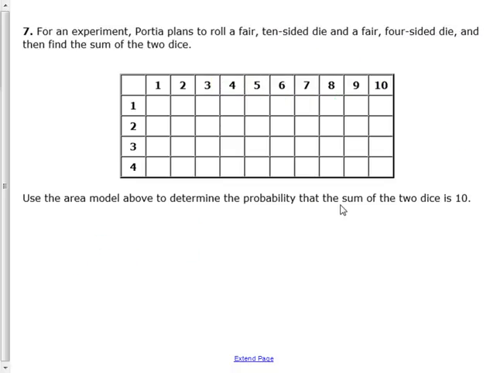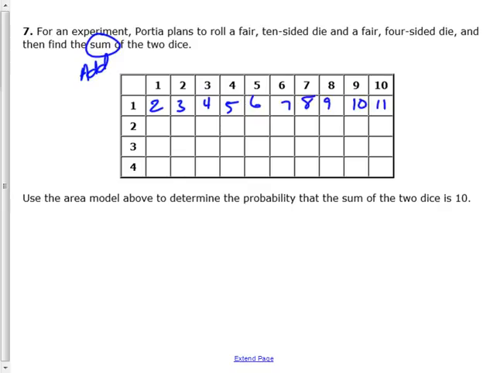All right, for an experiment, Portia plans to roll a fair 10-sided die and a fair 4-sided die, and then find the sum of the 2 dice. There's a key word here, sum, that means to add. So right here, we're going to do 1 plus 1 is 2, 1 plus 2 is 3, 1 plus 3 is 4. You can see the pattern here, so I'm just going to go 5, 6, 7, 8, 9,